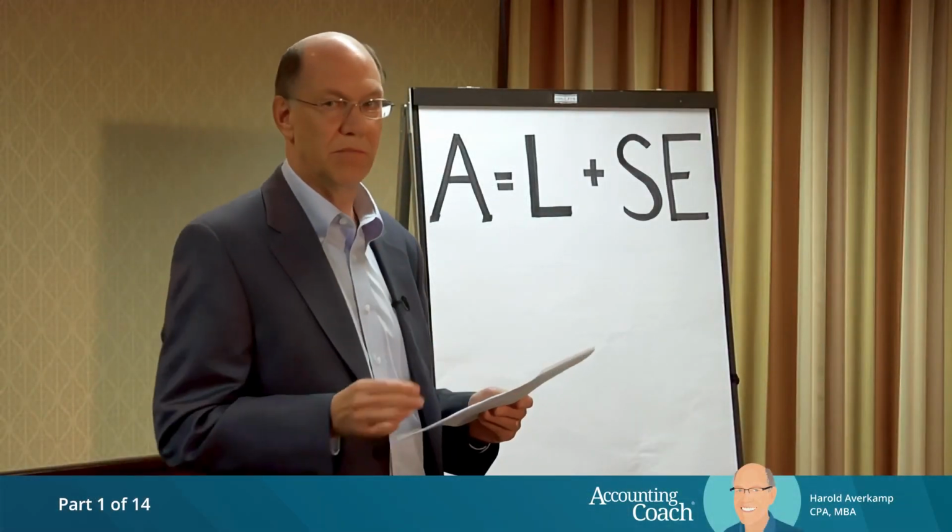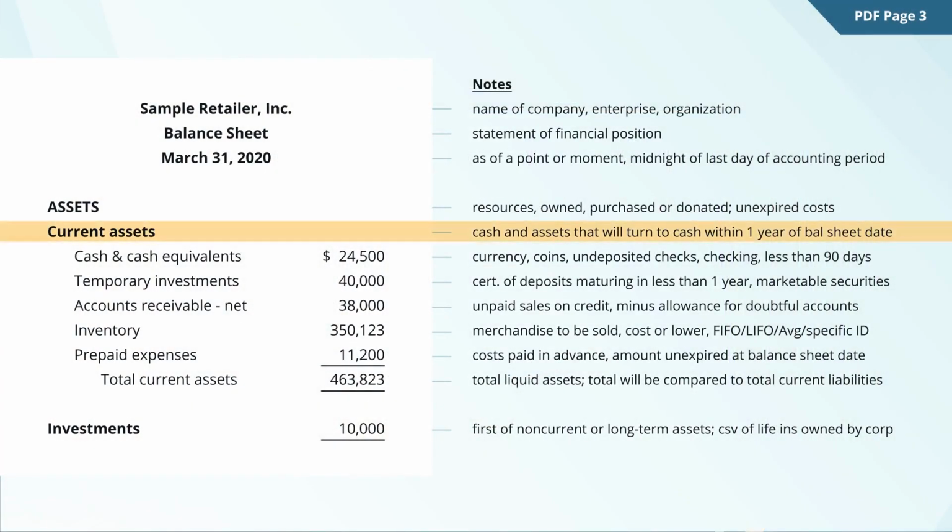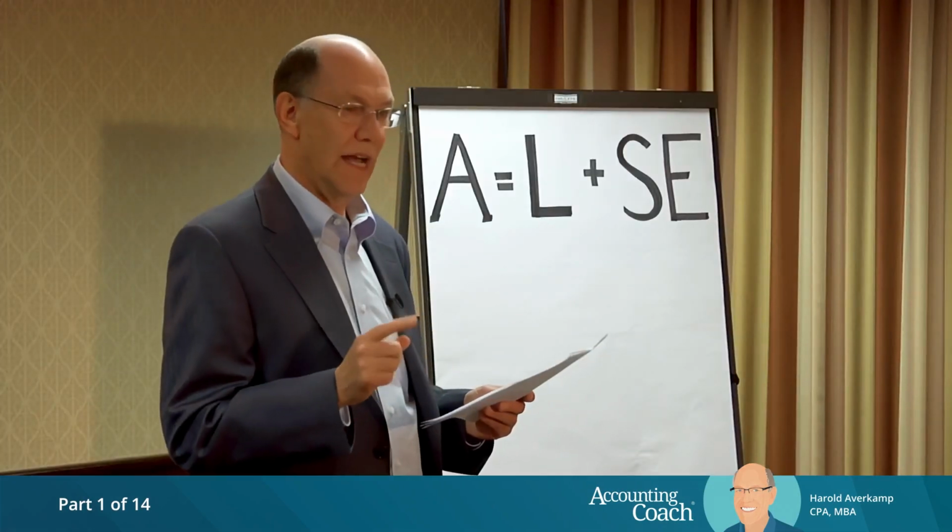Generally, people prepare this type because it's very helpful to the readers. For example, the current assets are going to be a very important indicator of the company's liquidity. So as accountants, we list all the things that are going to turn to cash within 1 year in that section. So next to the words now current asset, you'll see cash and assets that will turn to cash within 1 year of the balance sheet date. So we provided you in those notes a little tip to make it easier for you. Going to the word assets, it refers